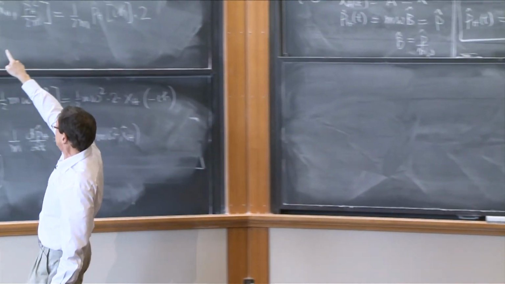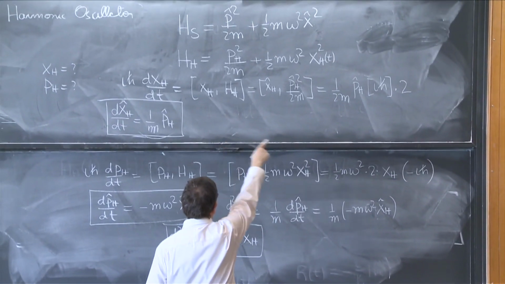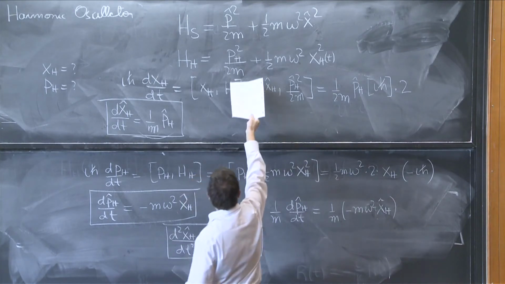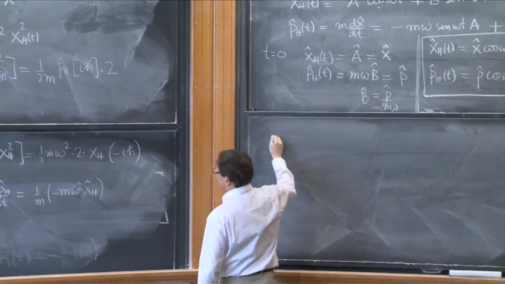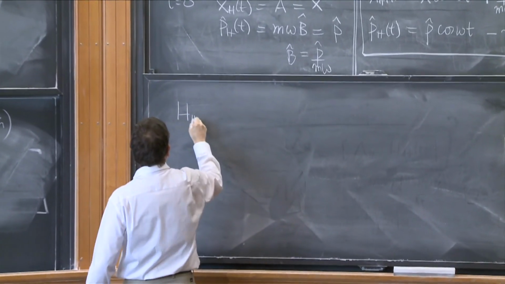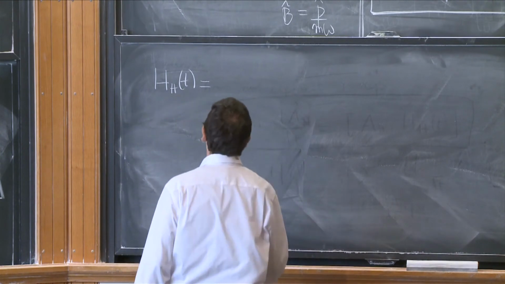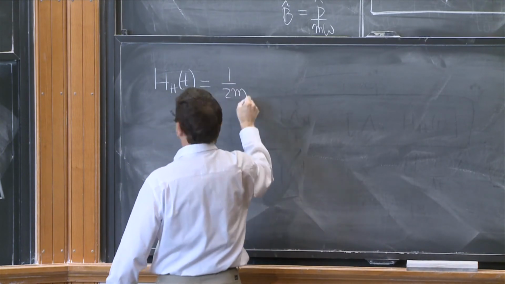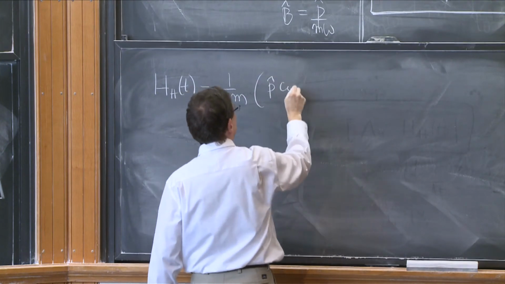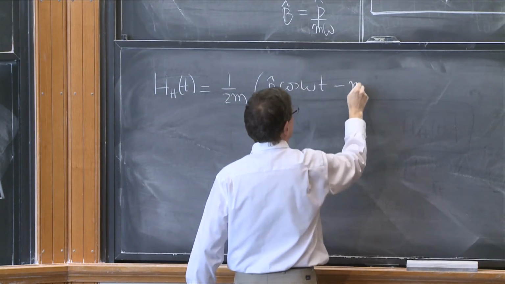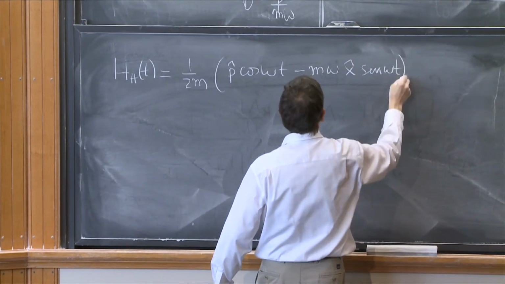Now we know the Heisenberg operators in terms of the Schrödinger ones. So H_H of t is equal to 1 over 2m p_H squared, so I have p hat cosine omega t minus m omega x hat sine omega t, squared,